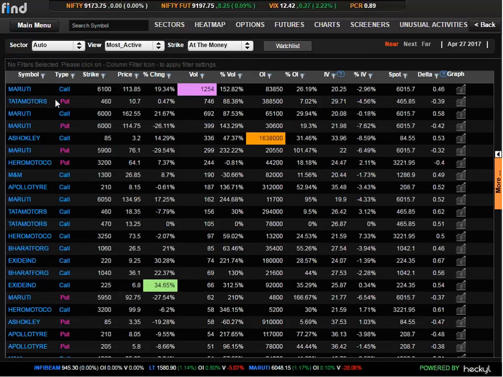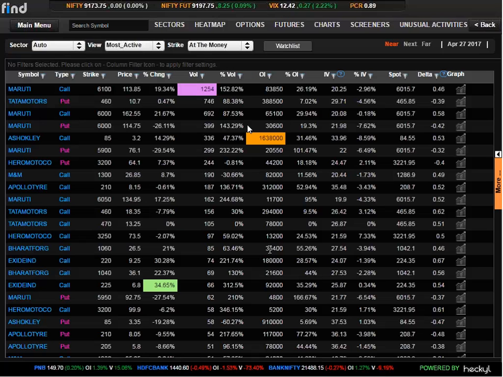So it will show you that since there's a lot of speculation, there's been a lot of activity in the auto sector in the last few trading sessions, as a lot of policies got announced. If you want to see what kind of activity has been happening in all the auto options strike prices, there's a readily available tool. You can just click on the auto sector and click on at the money